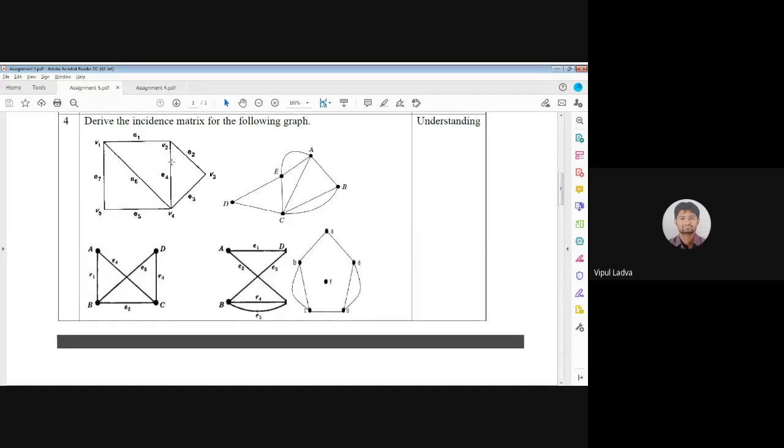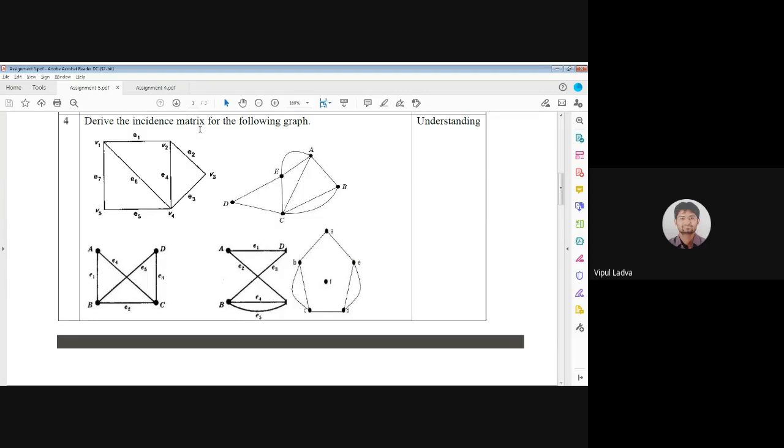After dealing with the adjacency matrix, in the question after that, we will be dealing with the incidence matrix. What is the difference between adjacency matrix and incidence matrix? If we are dealing with the adjacency matrix, then we are just concerned about the vertices. And if we are dealing with the incidence matrix, then that particular incidence matrix will be of the order m cross n, where m will be the number of vertices and n will be the number of edges in that particular graph.